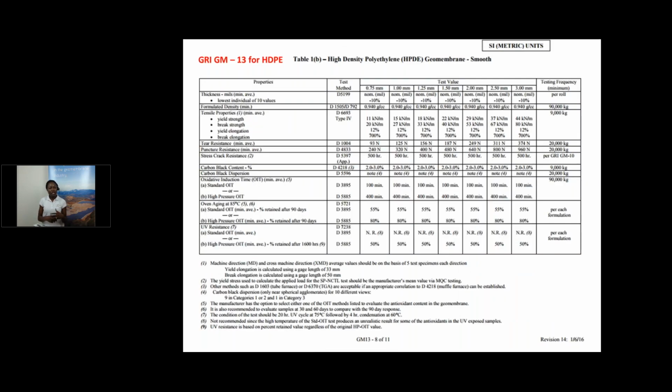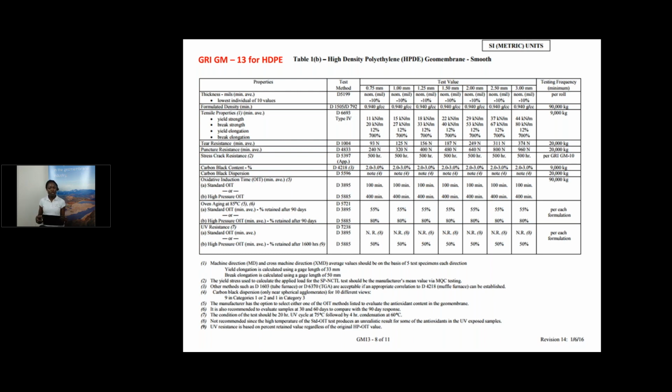So here is an example of a typical GRI-GM13 specification for high-density polyethylene. This spec has got the material properties of the geomembrane that have been considered to be useful for characterizing the material, right? And they have set the minimum values that have to be met by a geomembrane in this category for an individual thickness. So the properties they have on there, they have the thickness of the geomembrane. So you tell us how thick the geomembrane is, and then what is the sheet density of the geomembrane. The sheet density of the geomembrane will tell you if it's high-density polyethylene or if it's linear low-density polyethylene, and